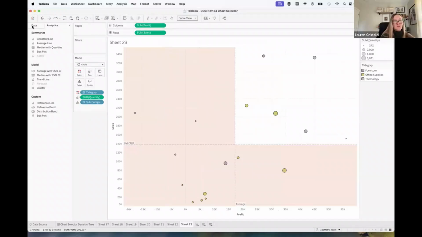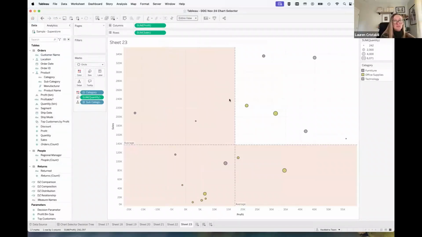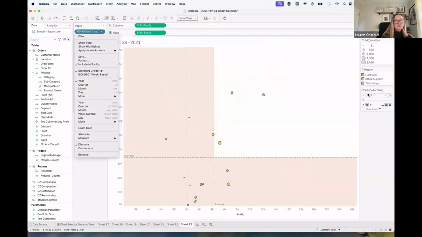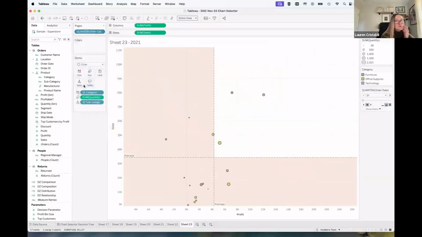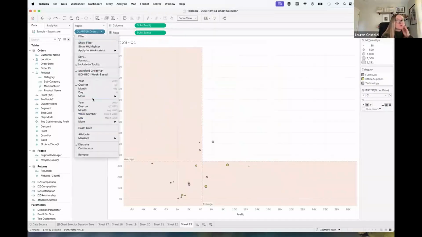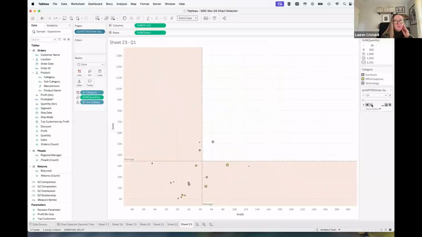And if we wanted to add that animation again, you just drag order date onto pages. And then it'll either show you the year at default, or it can show you all of the different quarters, or any date breakdown that you would want. And you just hit the play button.